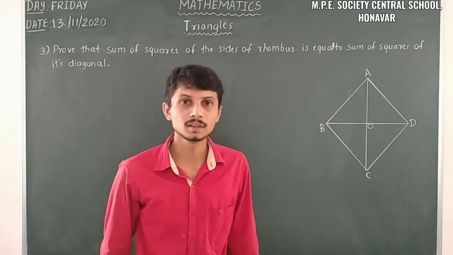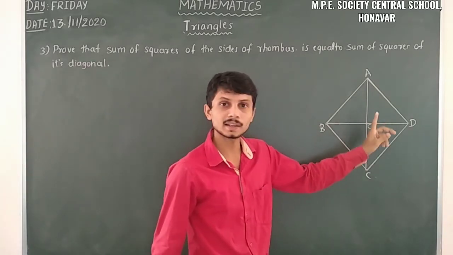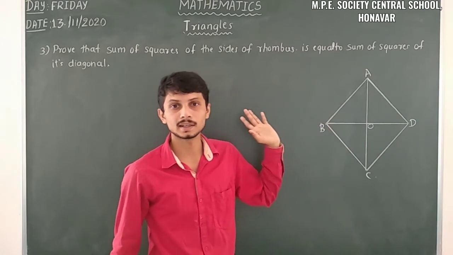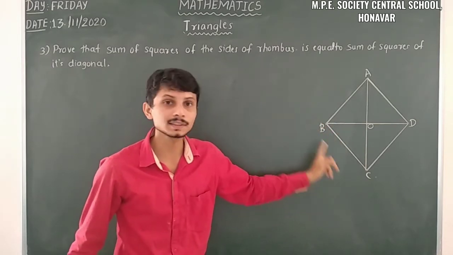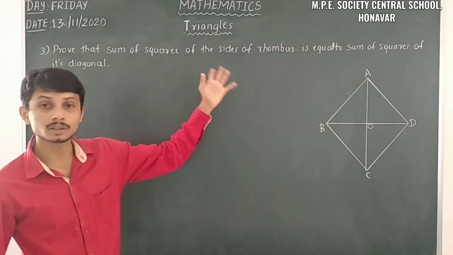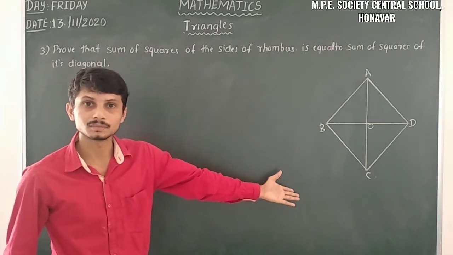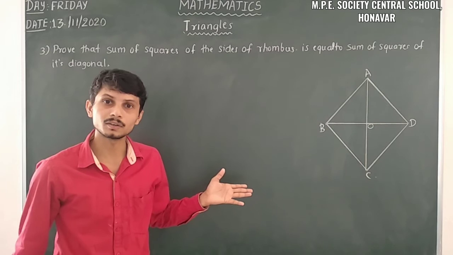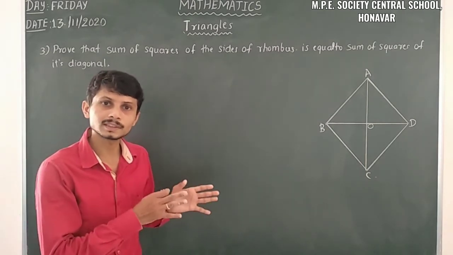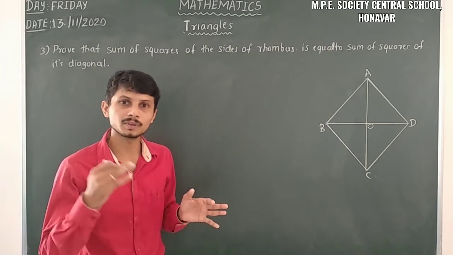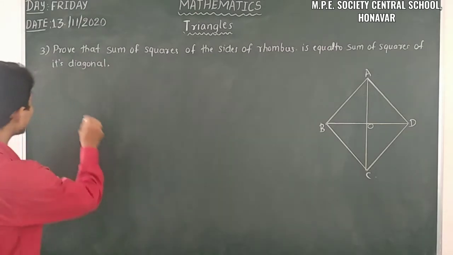So let us take what are the given things. We know that here it is a right angle triangle, here it is a right angle triangle, here it is a right angle triangle, here it is a right angle triangle. So from each right angle triangle we have a hypotenuse, that is the sides of a rhombus. Sorry, it's not a square, it's a rhombus. So we can easily find that. It's a very easy problem, and we have to make some calculations and do some thinking. Firstly, we have to write the given.